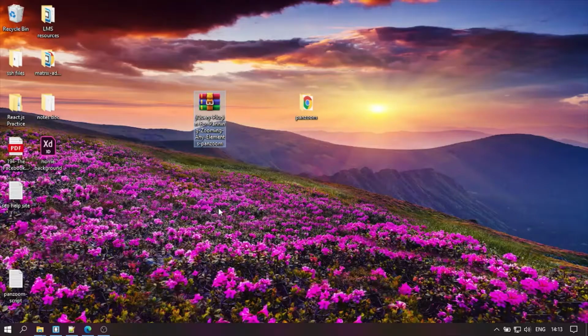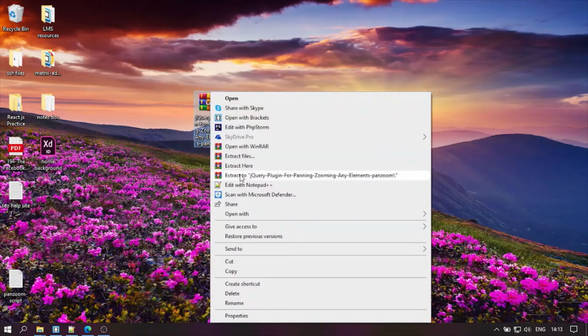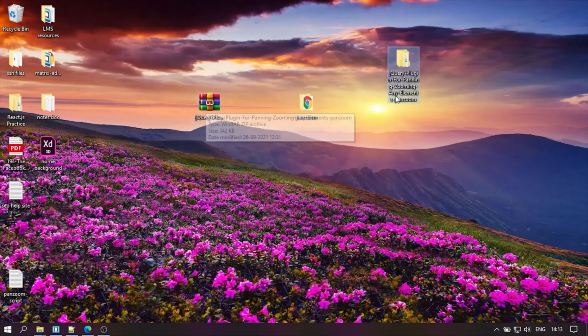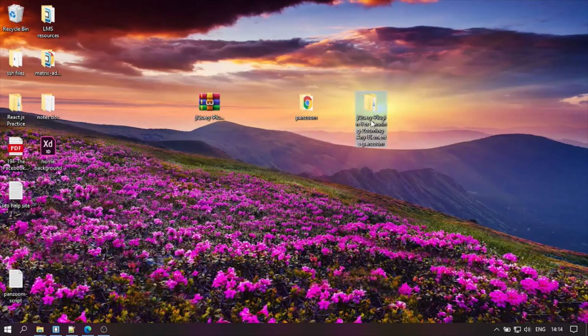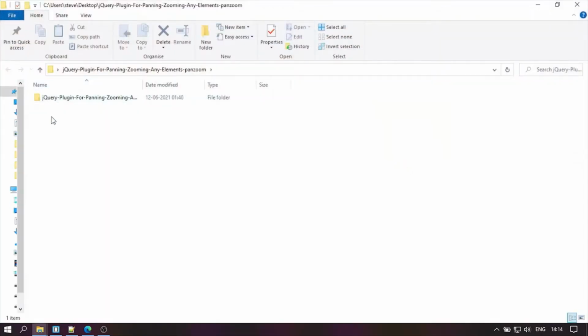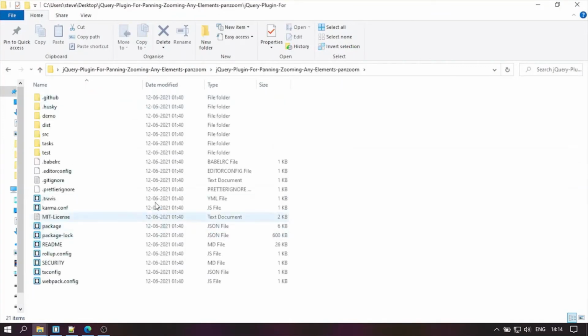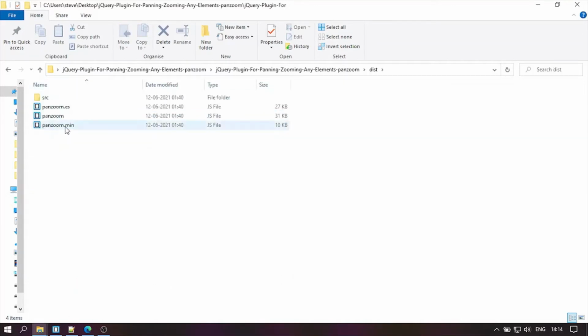I have already downloaded this plugin, and it is a zip file, so I need to uncompress it. After that I get this main folder; go inside. We don't need all these files, we only need the dist folder, and inside it only the minified form of the PanZoom library.